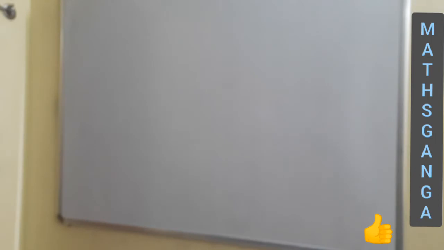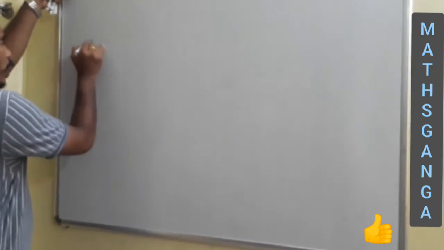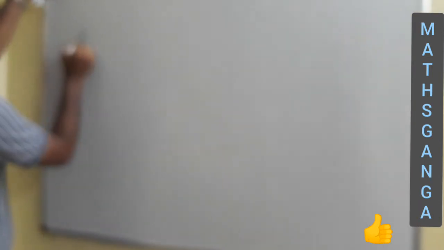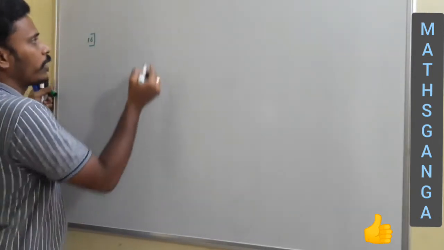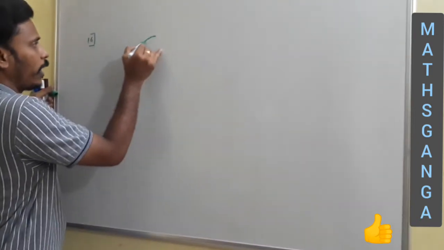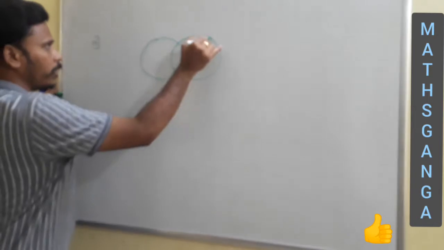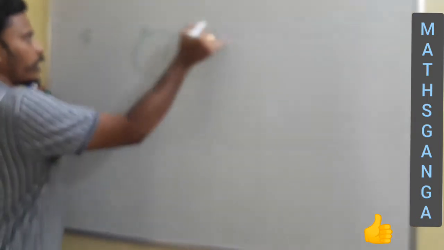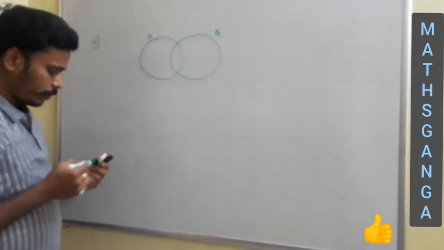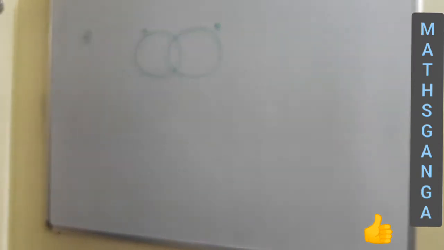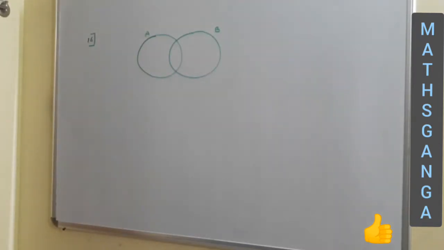Now in the 16th point, we are going to generate different statements along with the cardinality properties when two sets are involved. Just have a look. First, suppose this circle is for set A and this circle is for set B. You just think about all the different regions. We already shared all those things, but once again, think about it.